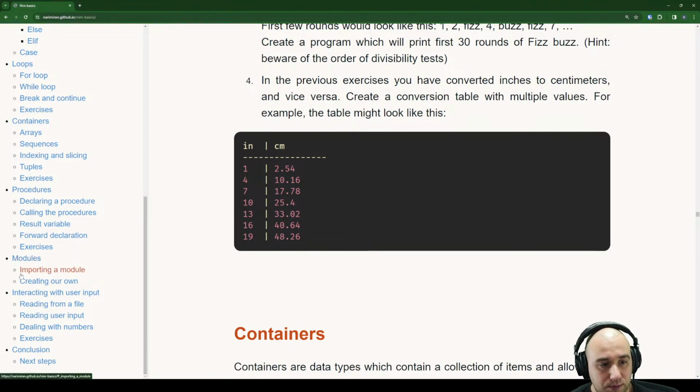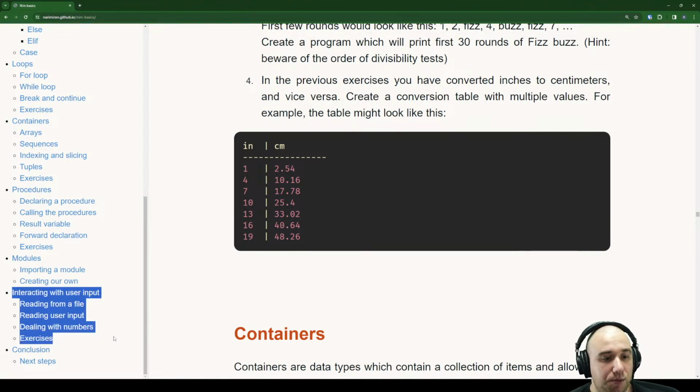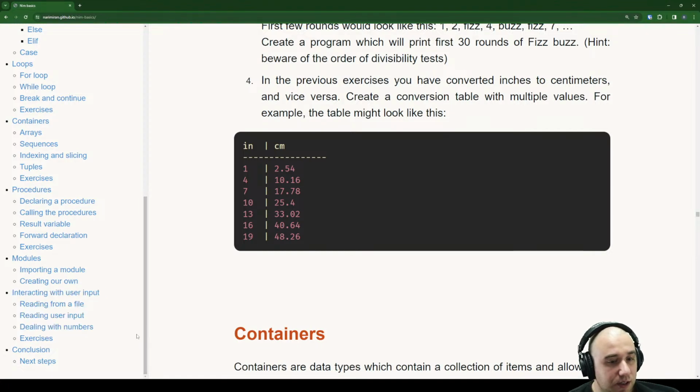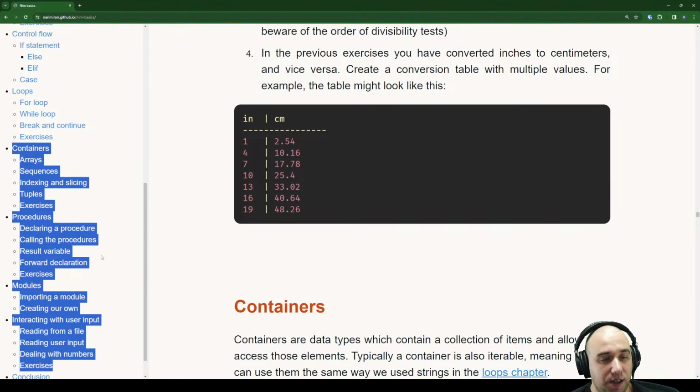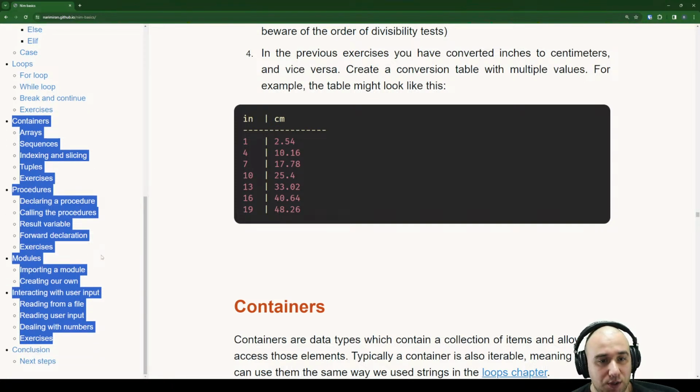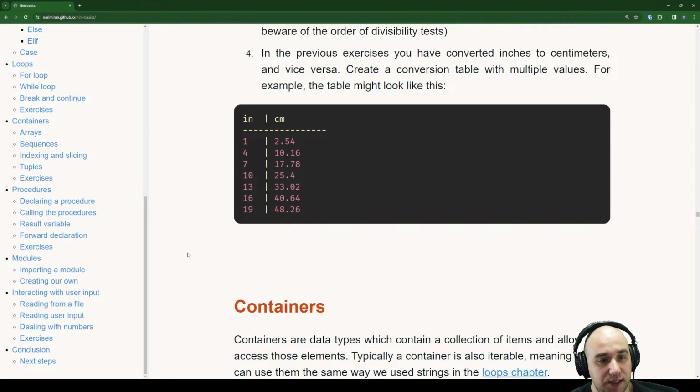Then we'll go over modules, importing modules and creating your own. I don't think there will be a lot there. And then interacting with user input, reading from a file, reading the user input, dealing with numbers. Here we're finally starting to write something that is interactive. It isn't just run and done. So this is where the fun will begin, and then we have the conclusion. So just those 4 chapters. I think we'll fill the next 2 hours, probably on Friday, with that. So that will be it. Yeah. I want to